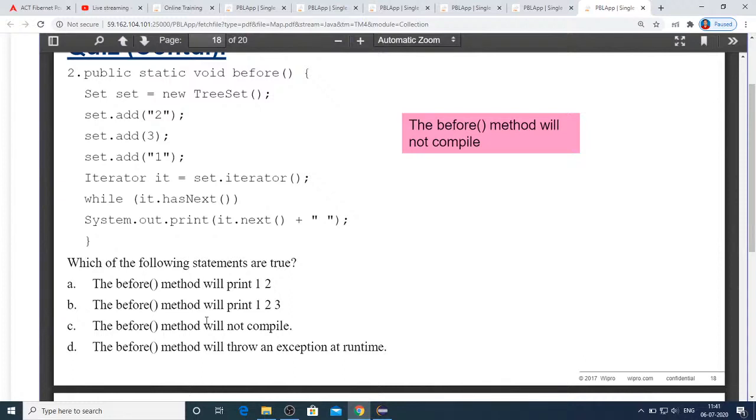In this case it will not throw any compile time error. But when you run this, you will get an exception, because here you are using the non-generic version, so everything that you add will be accepted, so you don't get any compile time error.